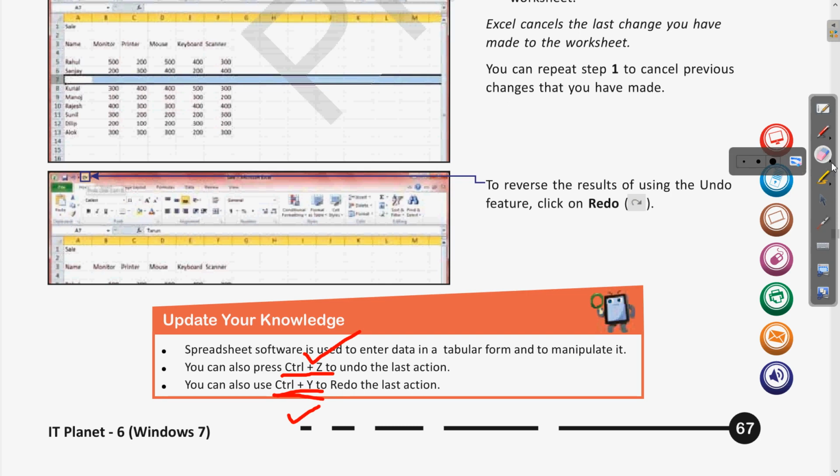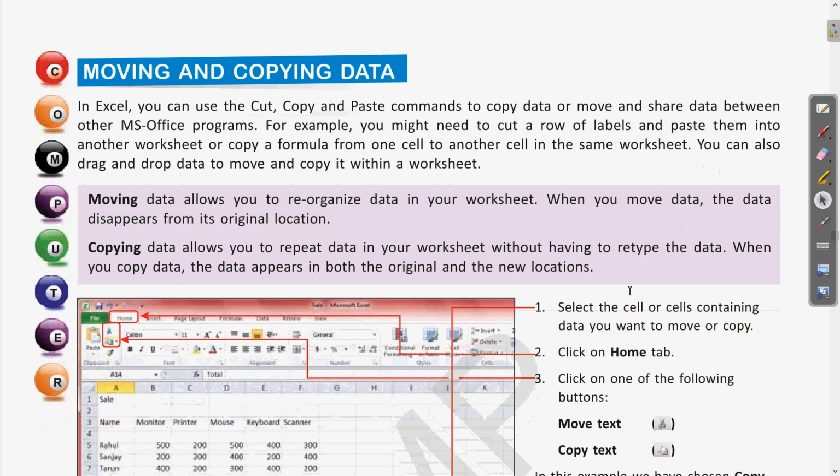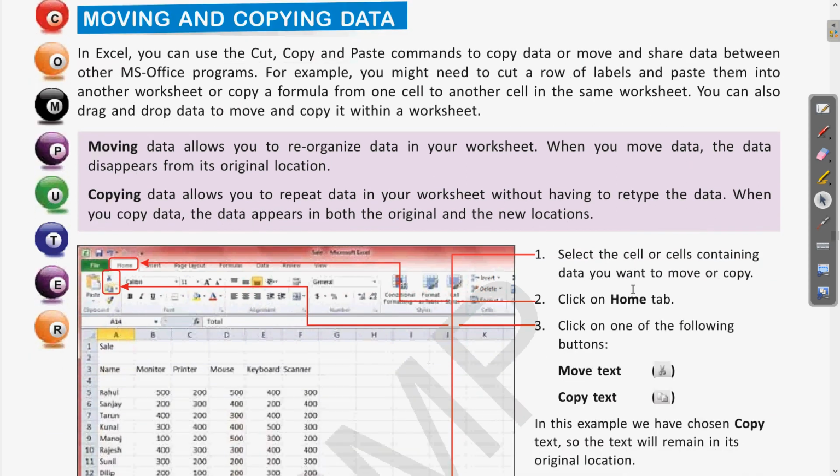Now come to the next, that is moving and copying data. Clear? So now if we want to move the data from one position to another, or if we want to copy, means if we want to duplicate the data, we will see the meaning of moving and copying and how to do these also.